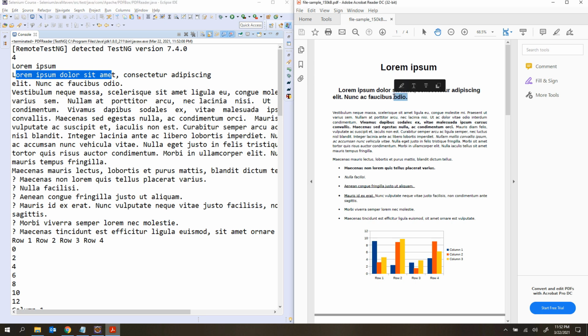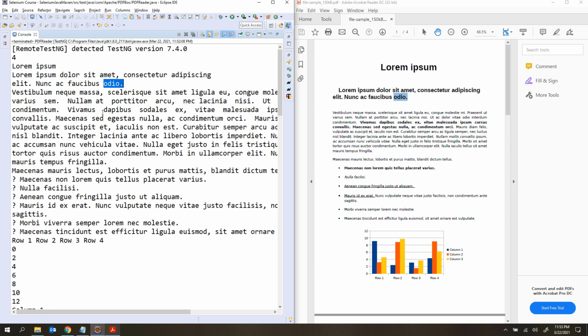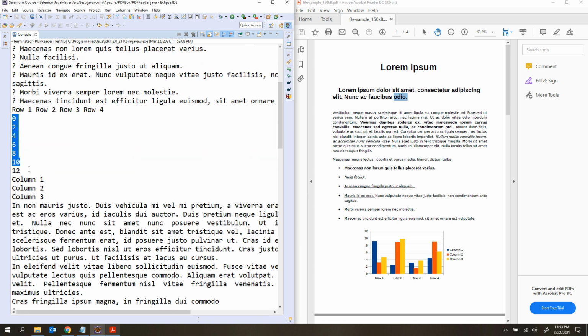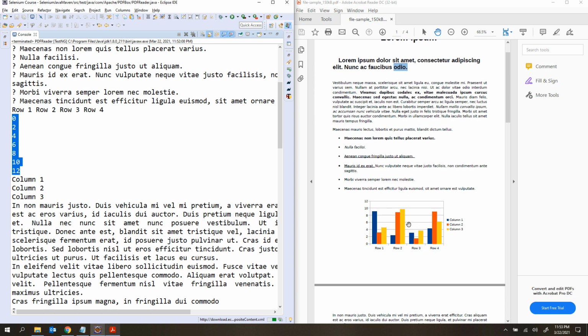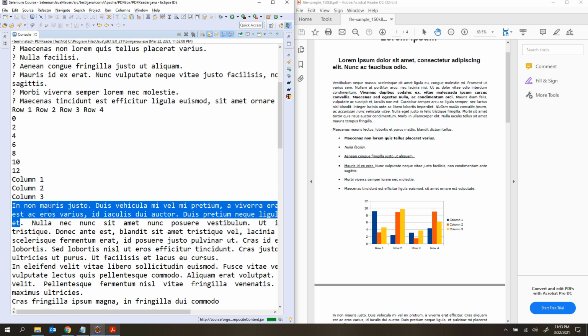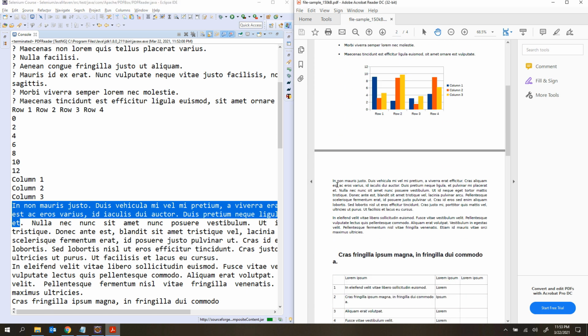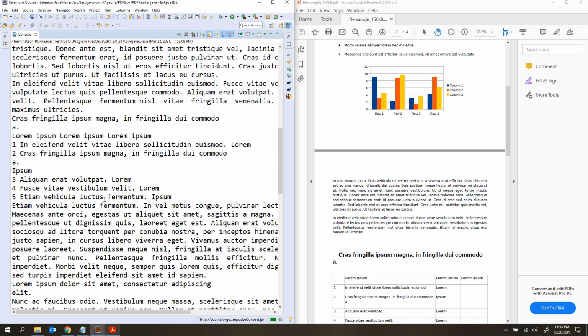Here it ends with audio, and here also it is ending with audio, and you can see this information is also displayed here. You cannot read the chart and you cannot read images, but whatever text is present inside this, that entire text will also be displayed here. You can see row 1, row 2, row 3, row 4 is also displayed here, and the values and column values are also displayed, right? Till here is one page, and after that the next page starts. So we are able to read the entire data.